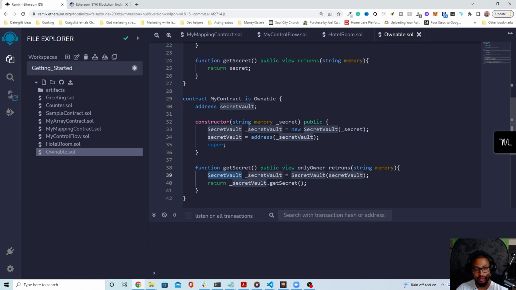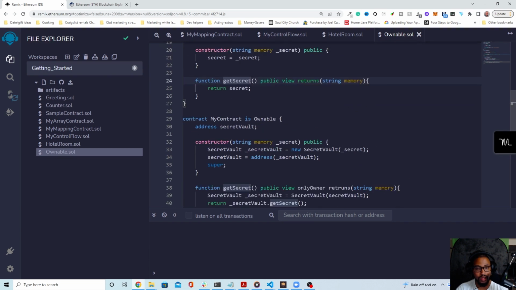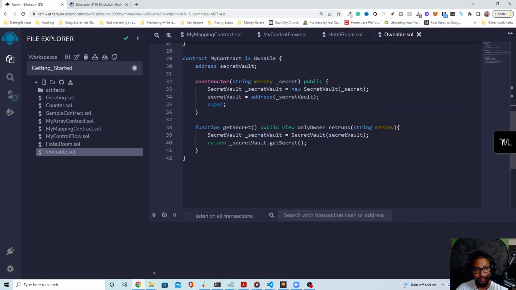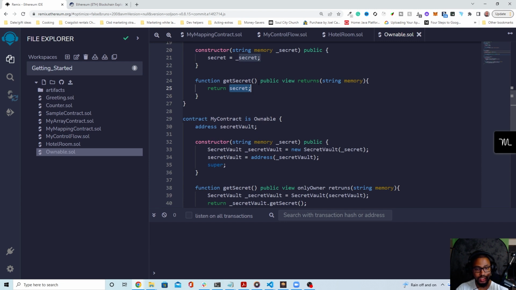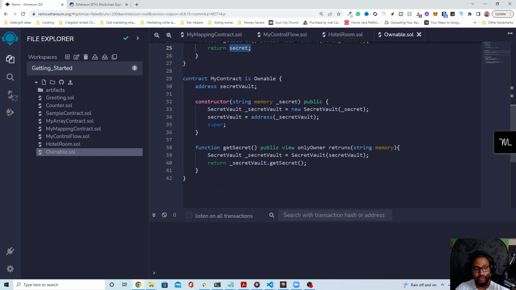So secret vault, secret vault dot get secret, which in this case means go here and then go here. Give me access to this return value here. As long as we do that, we can get access to whatever secret we have stored inside of this returned value. So let's go ahead and